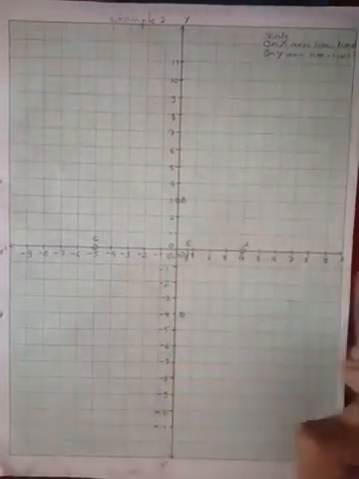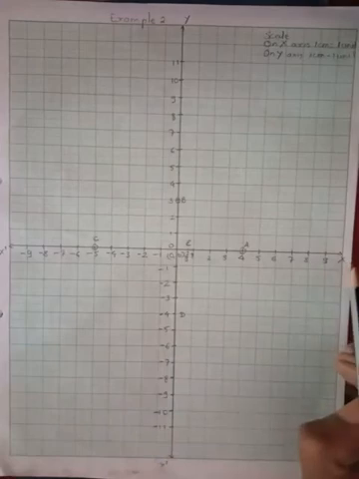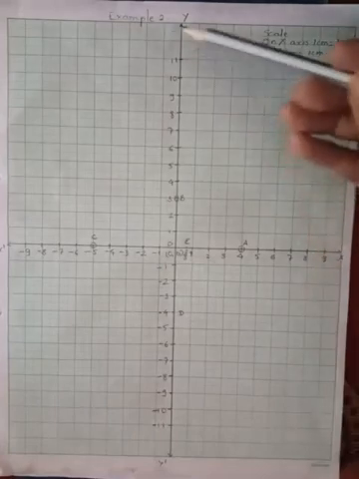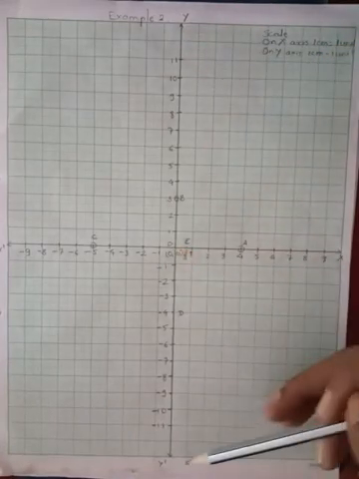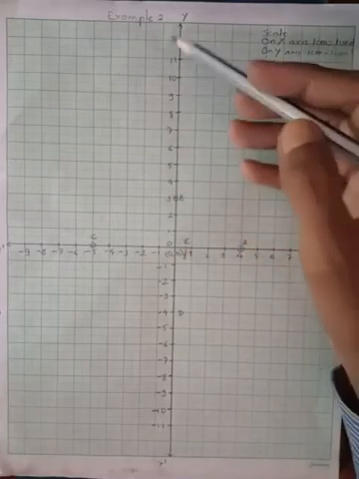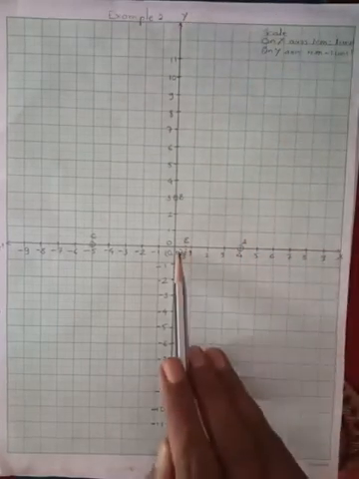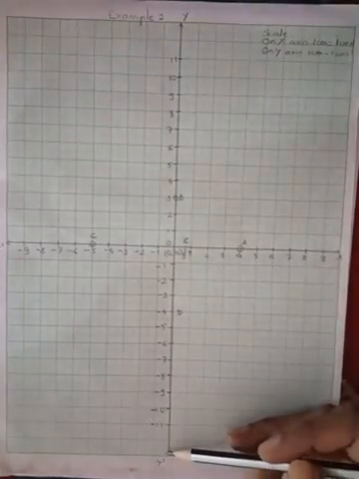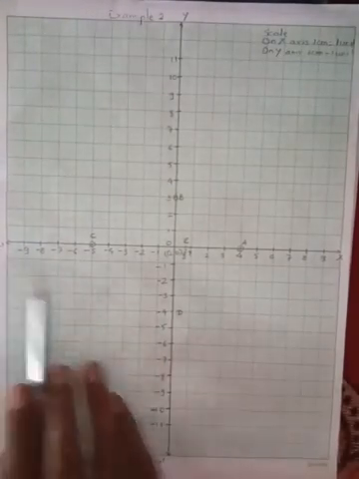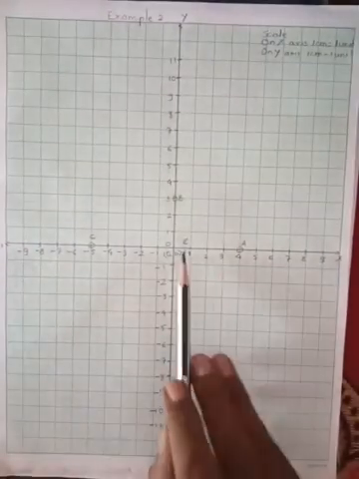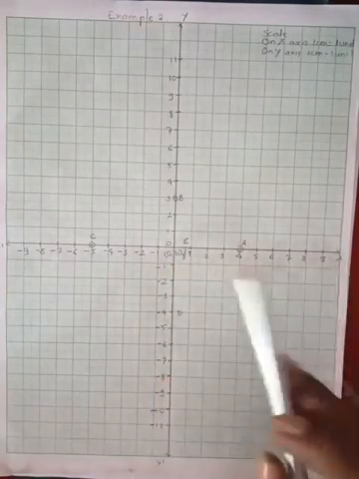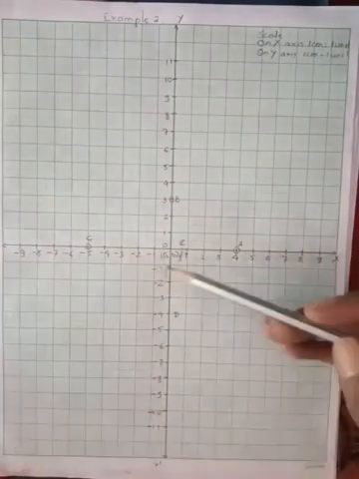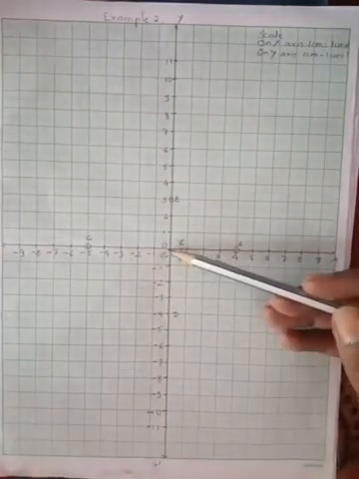the right hand side of the horizontal line is called the positive direction of the x-axis. This total axis is X'OX, and the vertical line is YOY'. Please note, the upper part is the positive direction of the y-axis, the right hand side is the positive direction of the x-axis, the downside part is the negative direction of the y-axis, and the left hand side is the negative direction of the x-axis. So you can see this ray is indicated by OX, this ray is indicated by OY, this ray is indicated by OX', and this downside ray is indicated by OY'.